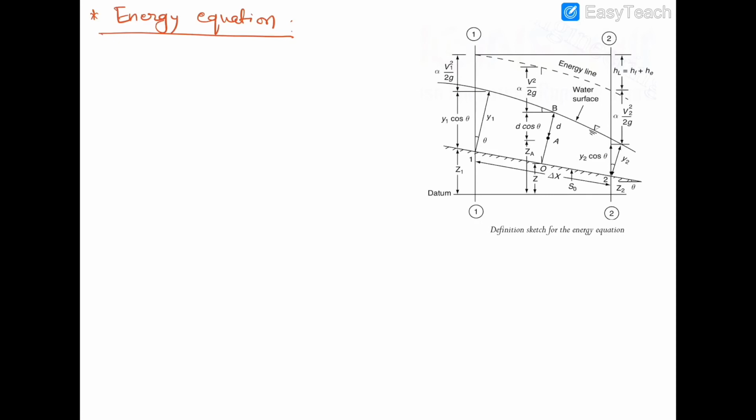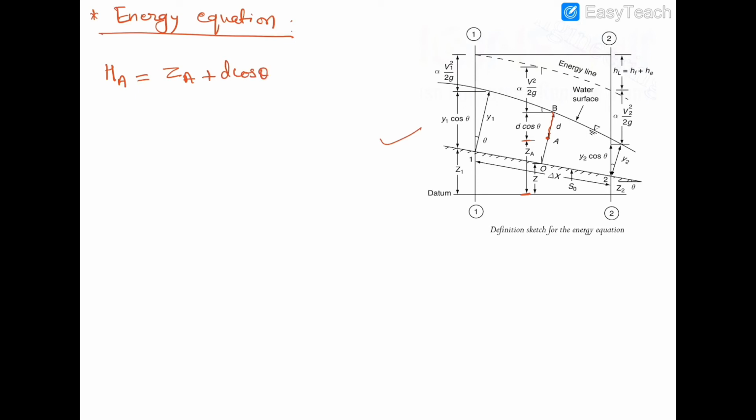This figure represents the steady varied flow in an open channel. Suppose we have to find the total energy at a point A which is situated at a depth d from the free surface of water. Clear? So suppose this is HA, the total energy. This will be equal to datum head, that is ZA, meaning the distance from datum to the point A. Pressure head is d cos theta.